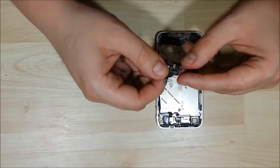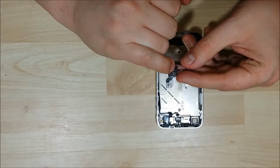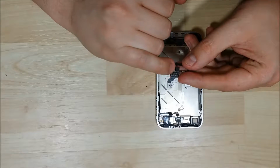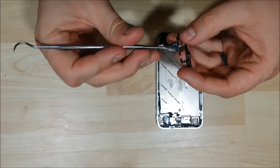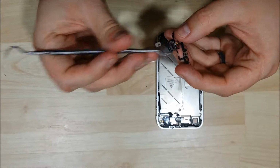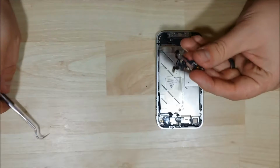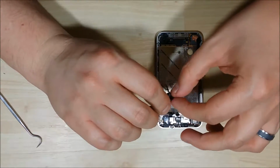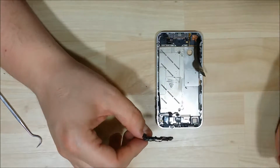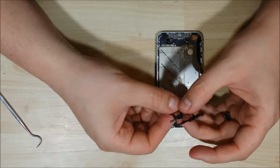Put the speaker portion back on in the center. There's a little tiny clear film cover here you want to make sure that you put back on if your new cable did not come with it. Not straight here. Let's make sure I get it a little bit more straight. Alright, we're going to go ahead and peel the double-sided sticky tape off that and get it to stick back